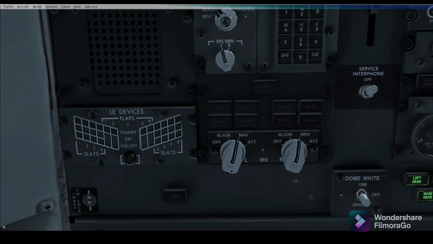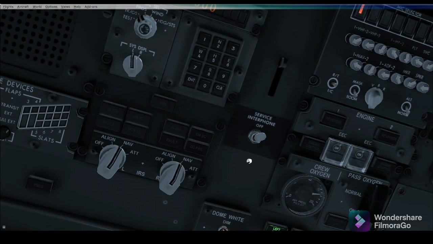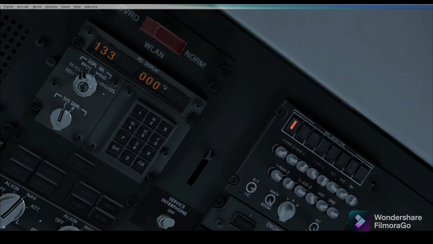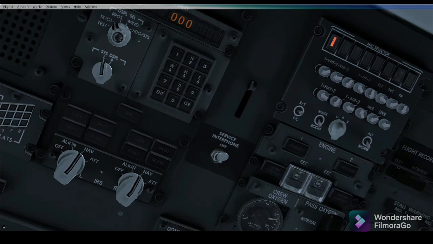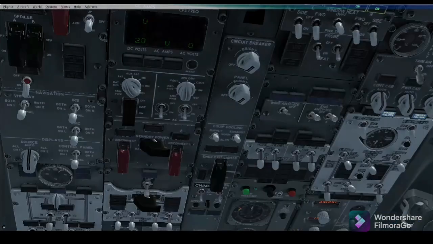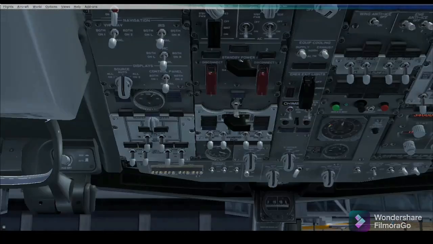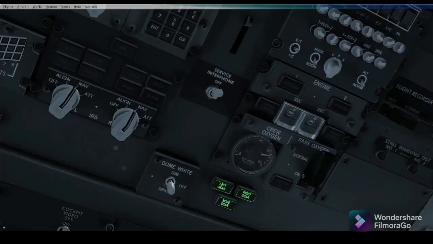This panel is known as our navigation and GPS panel. When our aircraft is in a cold and dark condition and we have to set the airport GPS location, we have to do the setting from these two switches. Right now I am at Mumbai airport. The ICAO code is VABB, and my GPS is already set, so I do not need to do it again. If it is a complete cold and dark condition, then we need this.